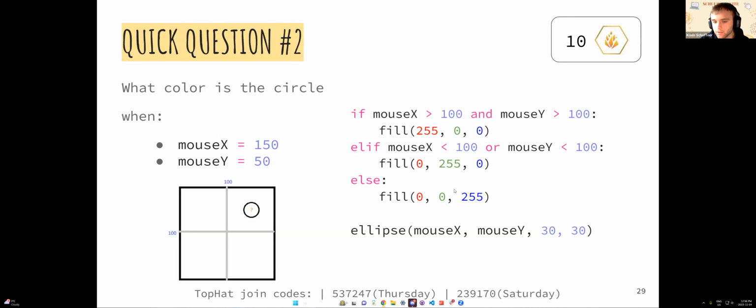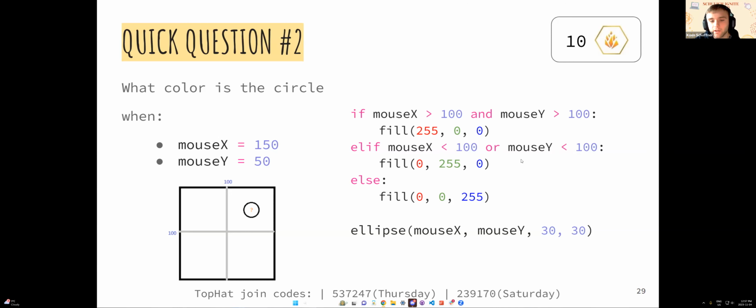When would it ever be blue? So if the mouse Y would say be, so like we could have a mouse Y of, oh wow, that's actually a tricky situation. So 150, that doesn't run that one.